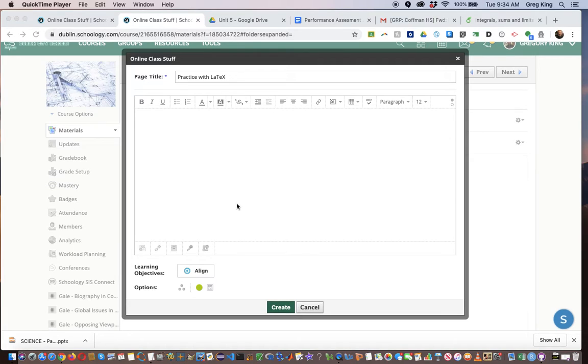LaTeX is a scripting language. It's used to typeset. Typically, it's used in math and science textbooks where you have a lot of equations to make all the text look good and to be able to embed equations. And you can get a general LaTeX editor, and you probably will have to in an engineering school or a physics program or a math program